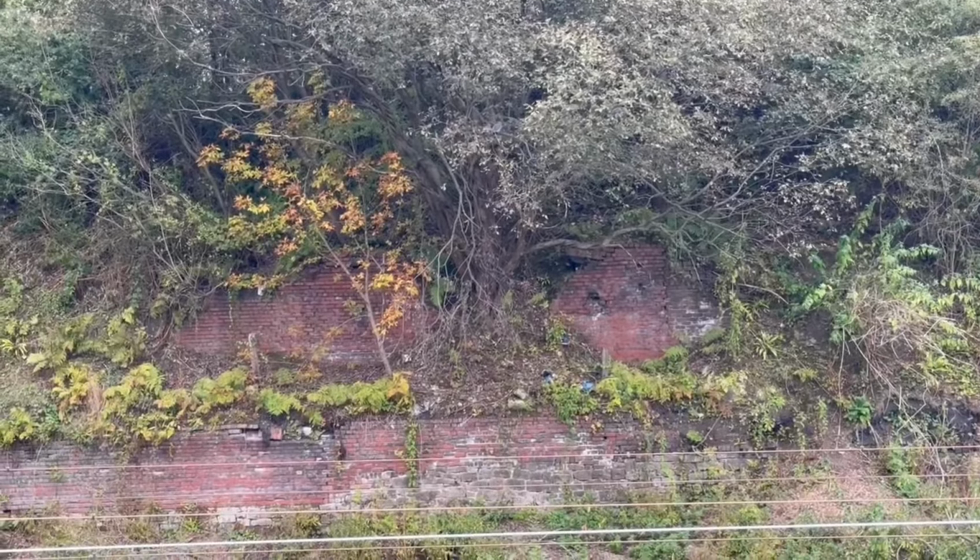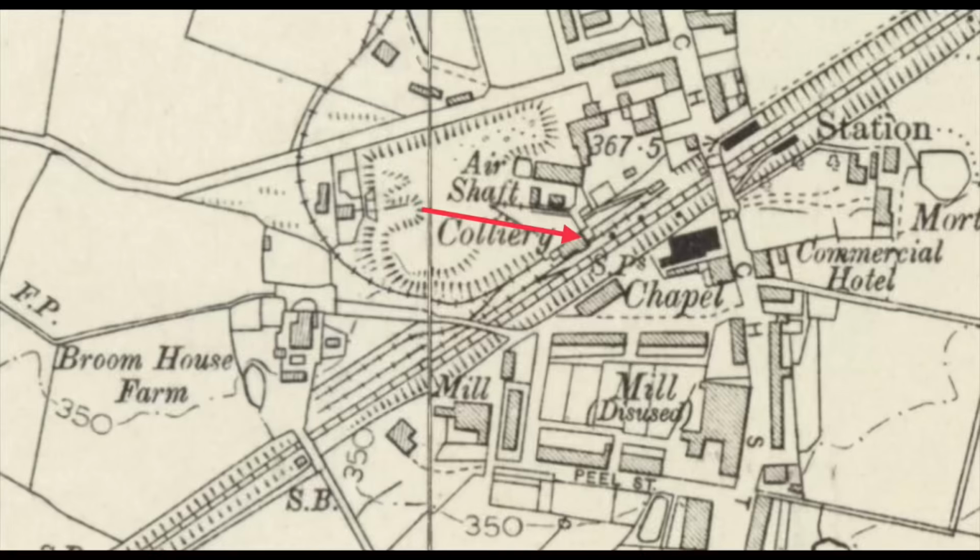And I'm just going to put a photo up on screen now of some maps. Now these maps are 1920s, and it shows a pit. Now it's difficult to say for certain, but I think there might have been sidings going into this pit, and